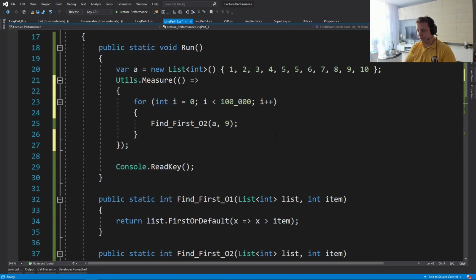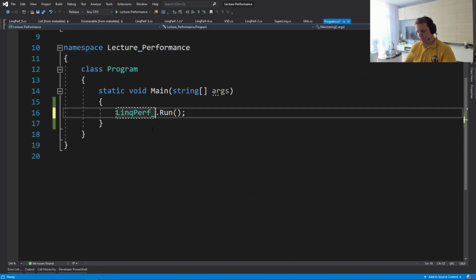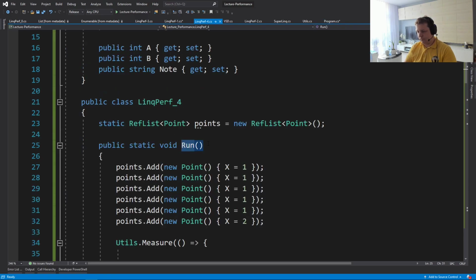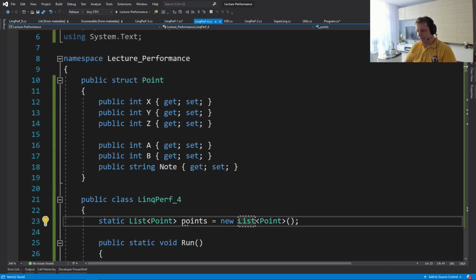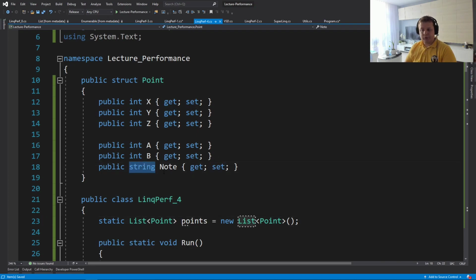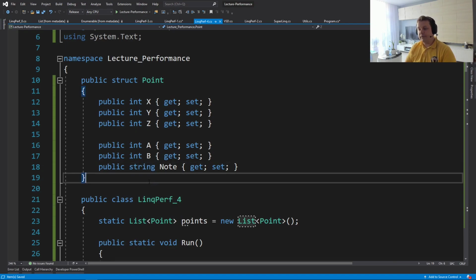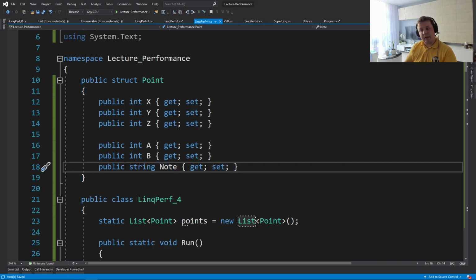All right, so let's move to structs. Let me comment this out. Not yet, this is not a good time. So I have a struct called Point here, and it has a bunch of fields. It has a string, which is a pointer in a struct, and this is interesting to me. If you know what happens if we have a pointer in a struct, what happens to the struct. But anyways,